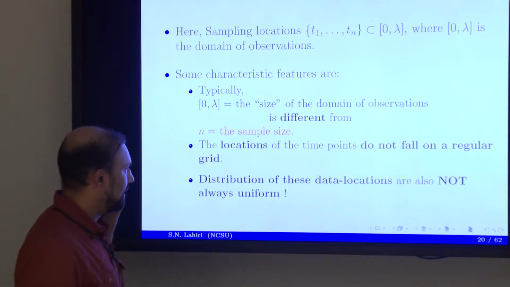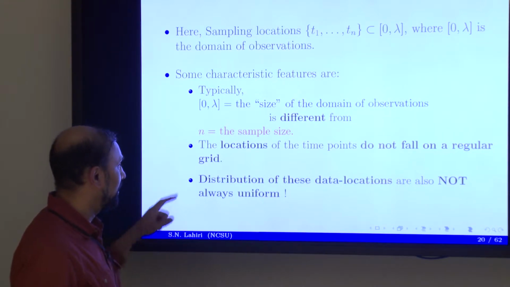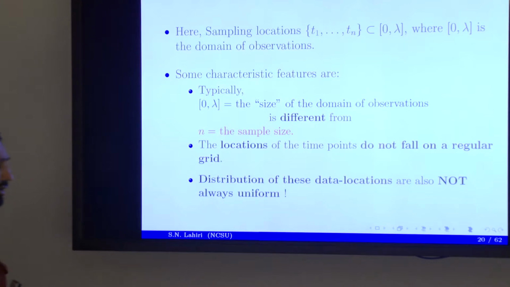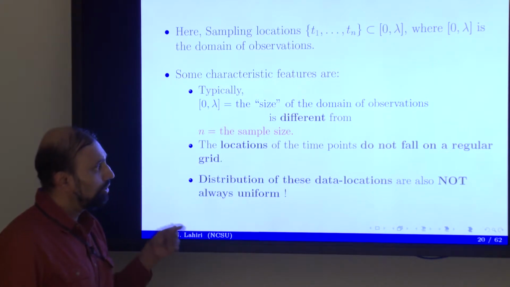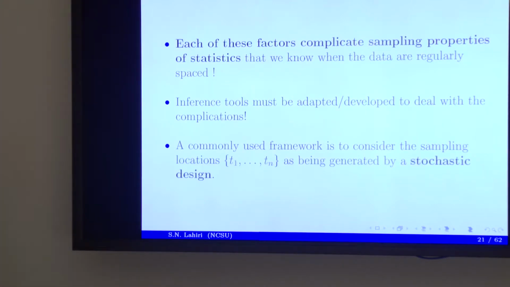So for the example that I have shown, and it's typical of many other data sets, these locations will not fall in a regular grid where you can specify the minimum distance and hold that fixed. Okay? So they can come arbitrarily close, and the distribution is not always uniform. So when you have situations like this, both of those factors will have some impact on any estimation procedure that you consider, including looking at the periodogram, trying to identify the peaks. It's not guaranteed.